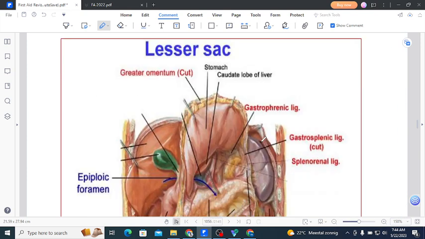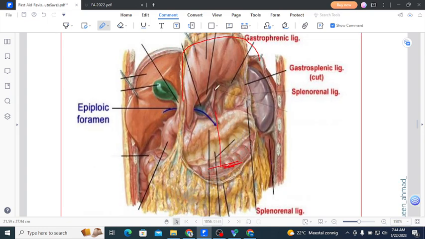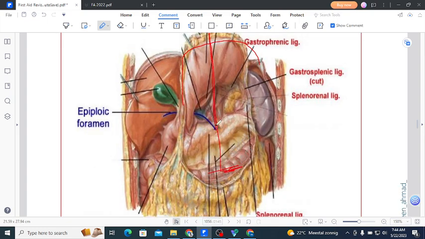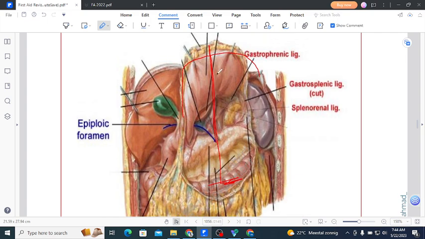So here you can see that this is the greater curvature of the stomach, right? This is the greater curvature, and they are saying that the greater omentum is cut. So the connection between the transverse colon and the greater curvature of the stomach, this thing is called the gastrocolic ligament. We have cut that open to approach the posterior part of the stomach. Like you can see the posterior part of the stomach, we have lifted it upwards after making a pocket, after cutting the greater omentum, after cutting the gastrocolic ligament specifically,